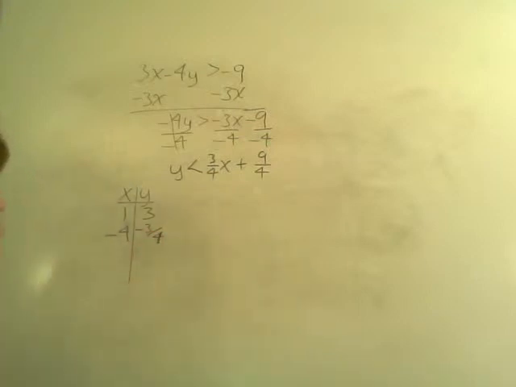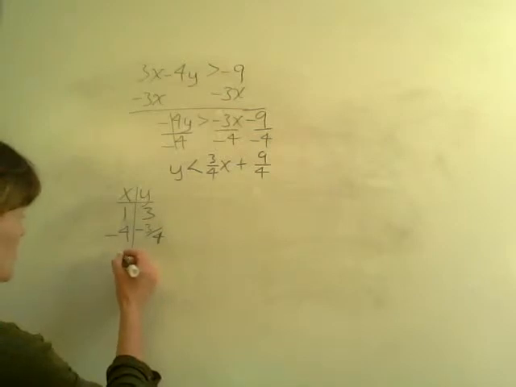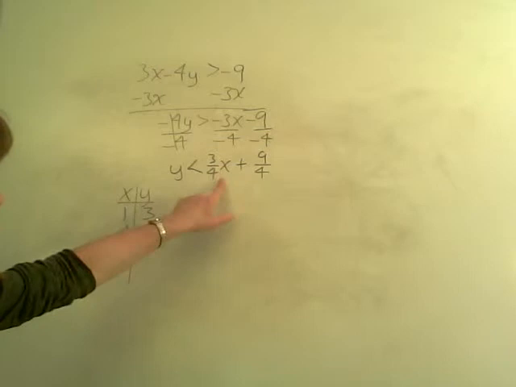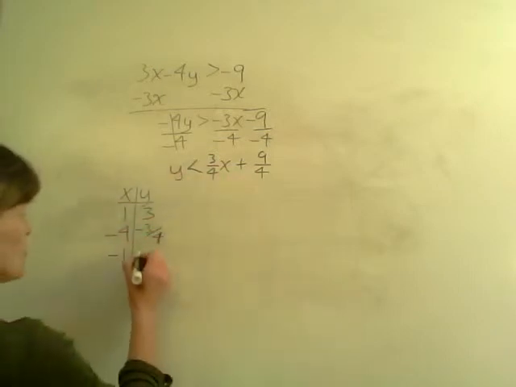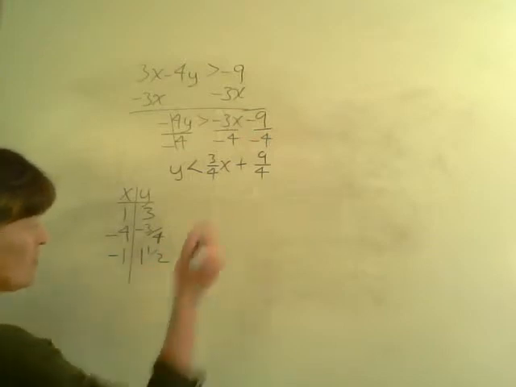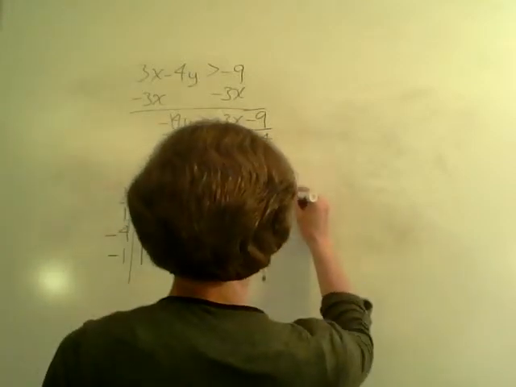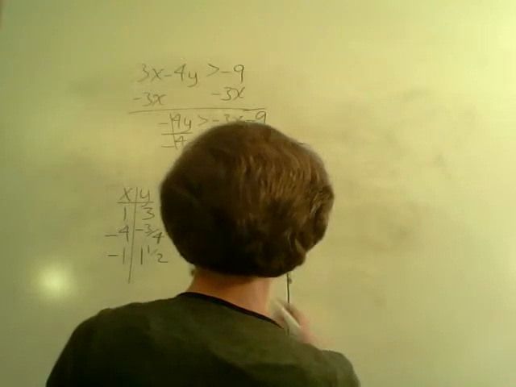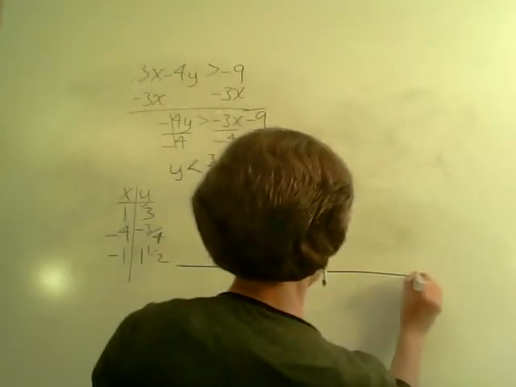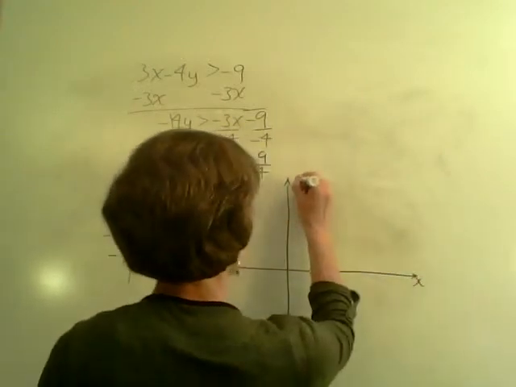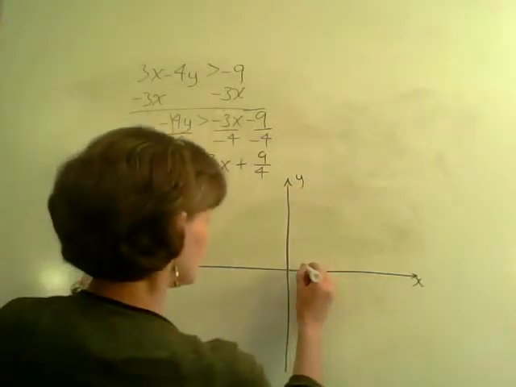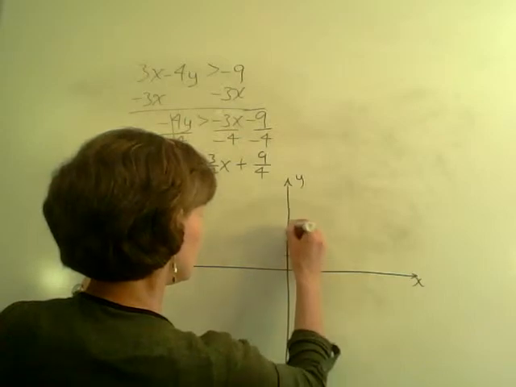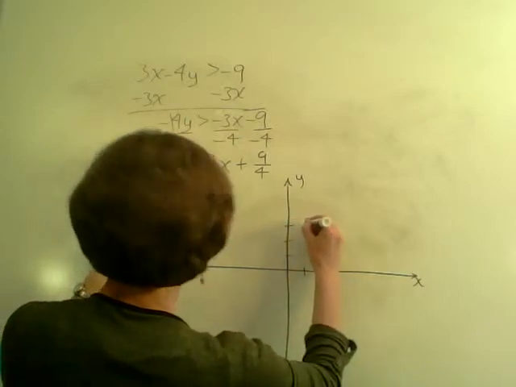And let's pick one more. We could pick, let's pick negative 1. So when x is negative 1, we've got negative 3/4 plus 9/4, which is 6/4, and 6/4 is 1 1/2. So these are not as pretty for points as some of my others, but they work just fine. All right, so the point 1, 3,